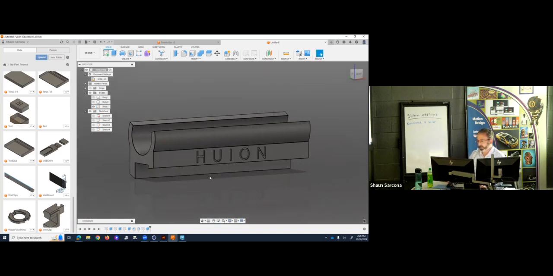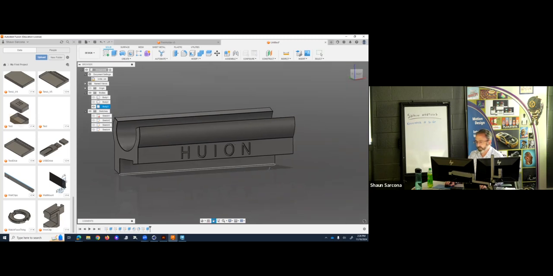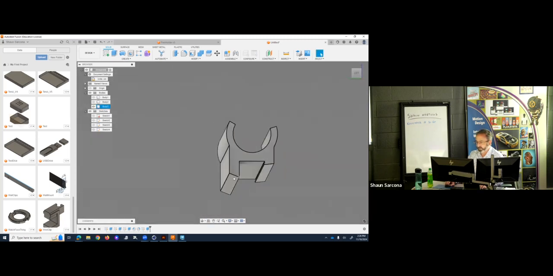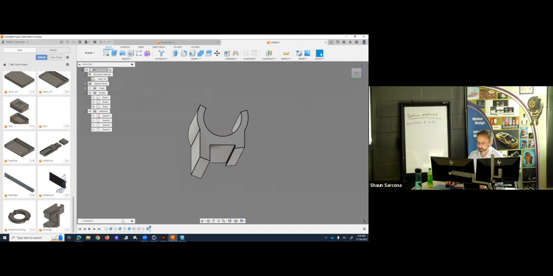Okay. So one of the great things about Fusion is that it's so easy just to grab something and just add different shapes and pieces to the elements. If we think that this is too long, we can go in here and just chop stuff off. If we think it's too short,